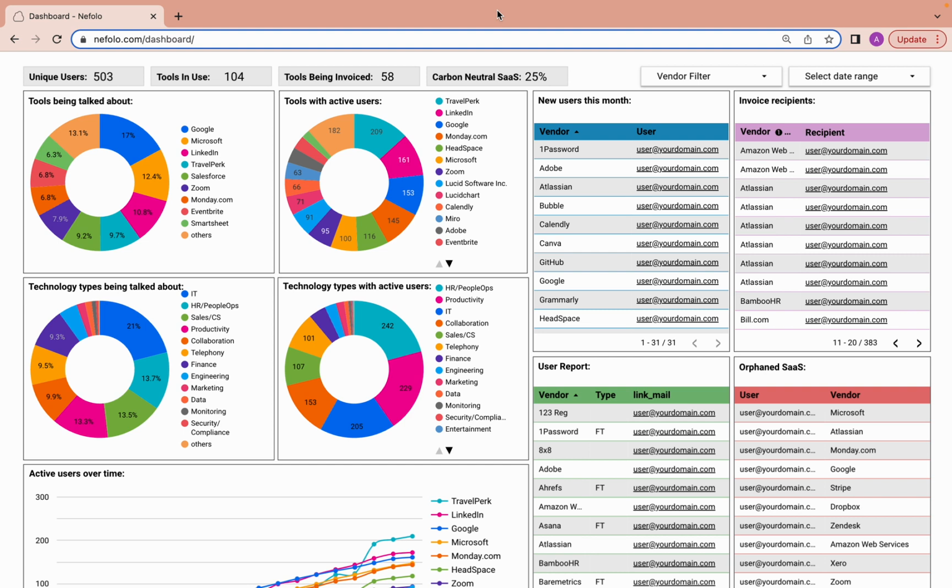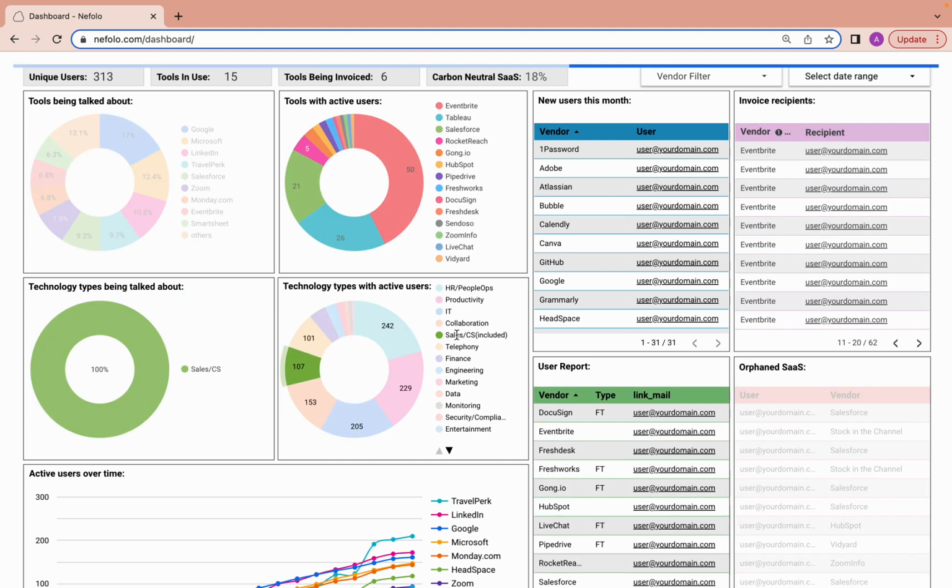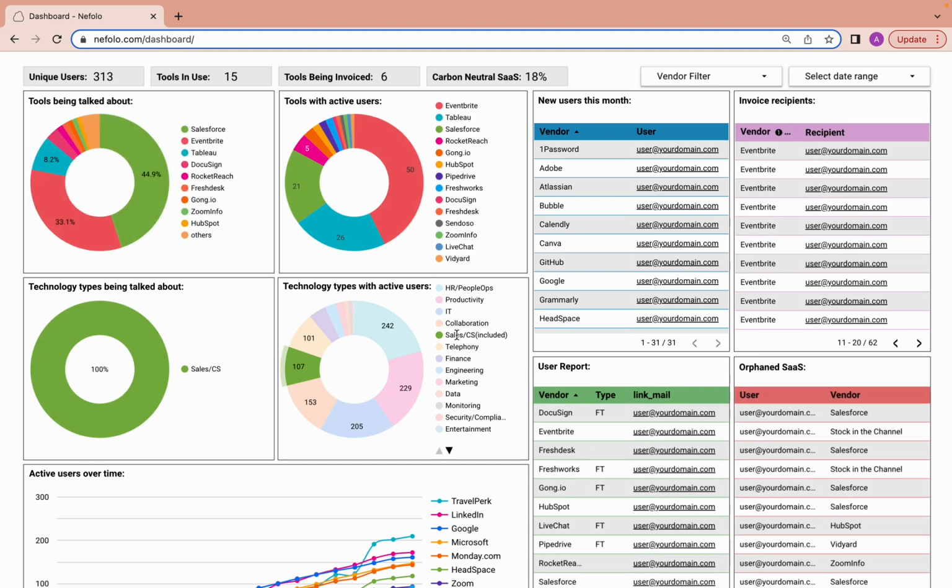But if we are looking at how do we save some money immediately, let's look at where we're using more tools than we need, and we should just be using the inbuilt functionality in the tool that we've chosen. So if we want to see this, all of these are filterable, so we can click on the sales and customer service and view all the usage for the sales and customer service tools that we've got in place. Again, anonymized data, sample data, so it tends to represent a bit more crossover than you would normally see,